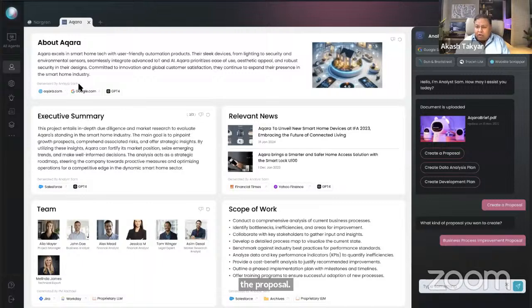It's a little bit gray out. And then it has used Acquira.com. It did a Google search, and it used the GPT-4 model to be able to produce this paragraph. Now, when producing executive summary, analyst Sam used Salesforce because there is a lot of critical information which resides in